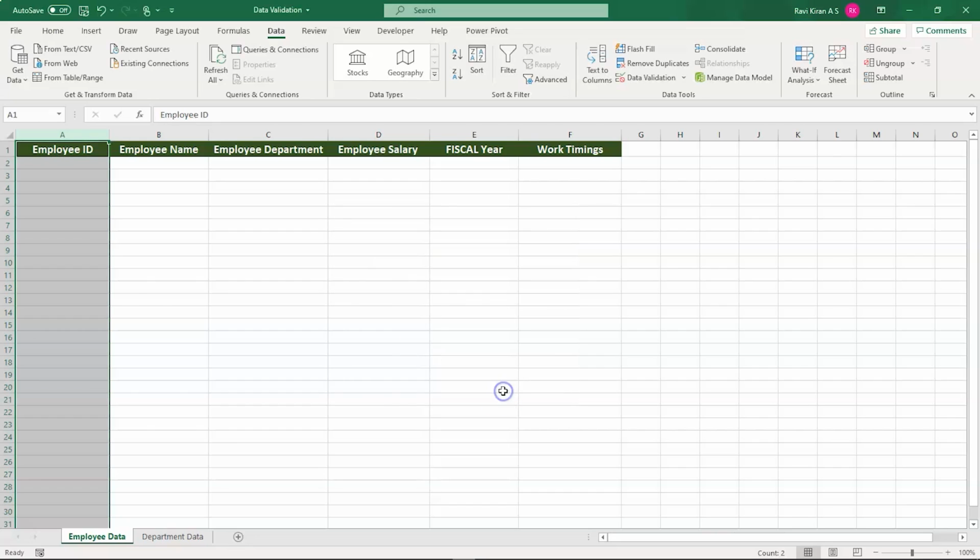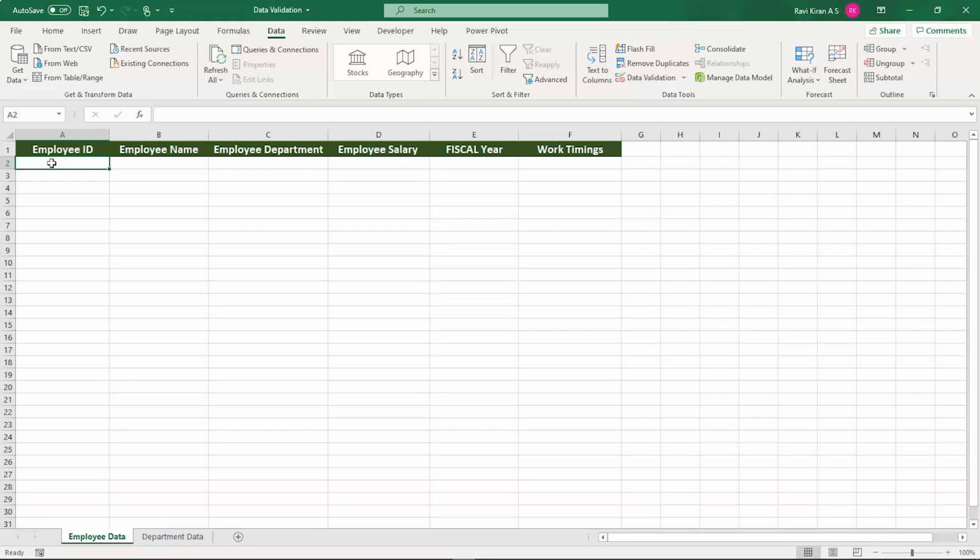Now select OK, and now the new rule has been applied. So now the minimum value of each and every employee ID should be equal to or more than 10,000 and less than 11,000, and it should have 5 digits.